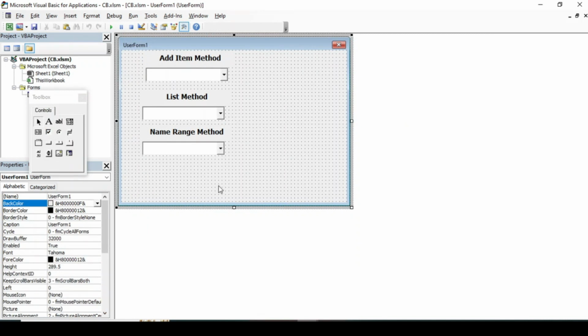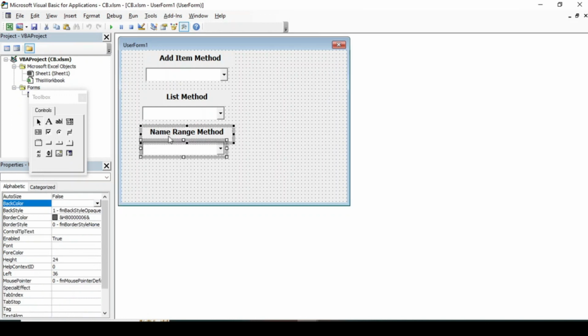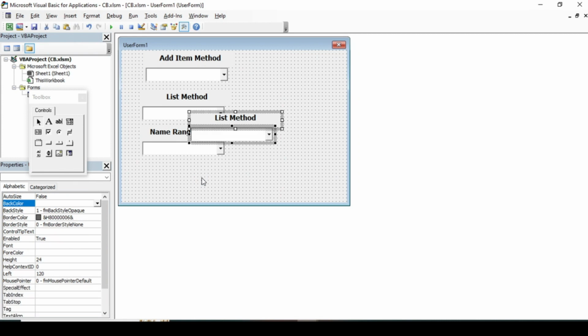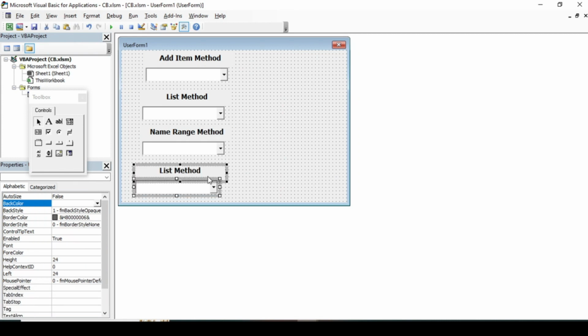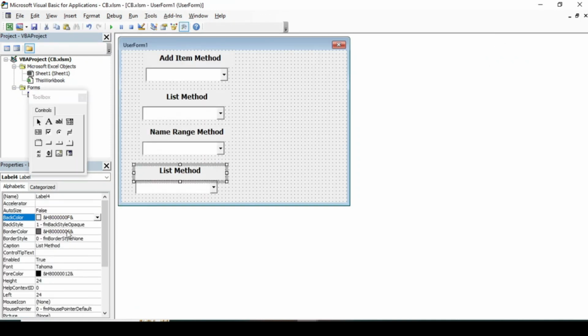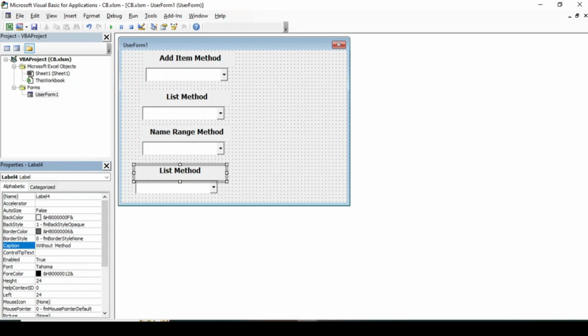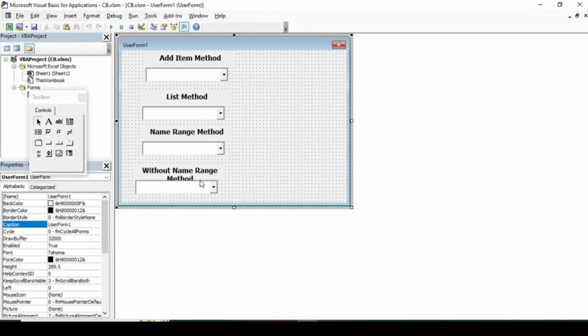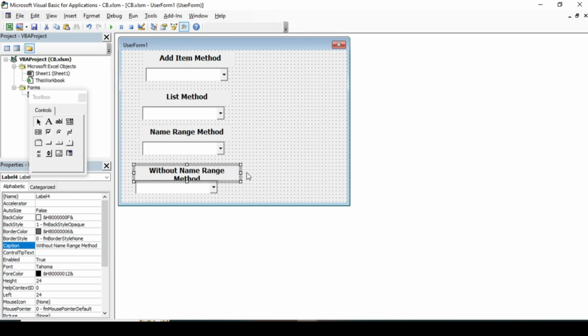Now another method, we don't make our name range, but we apply the same method. We use the formula. We do a little bit of coding here and paste here. And my fourth method and the last method is the one without name range. First I will change the caption here, without name range. Yes, here we won't create the name range, but